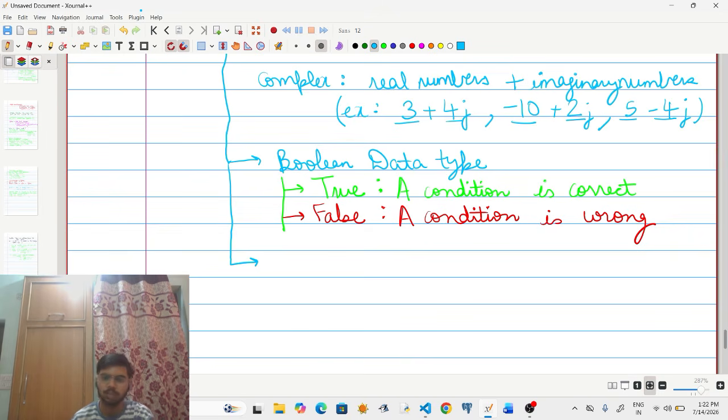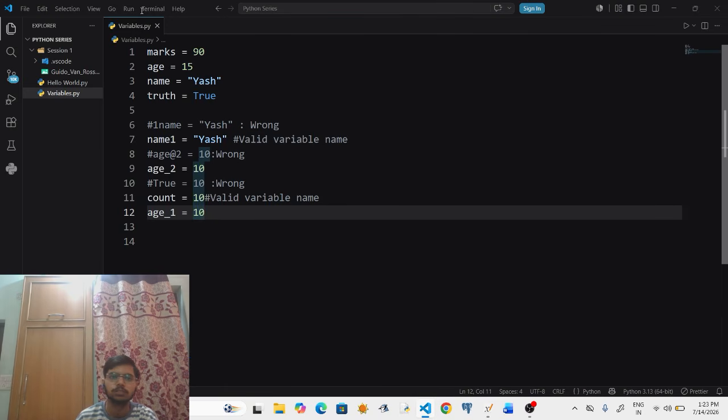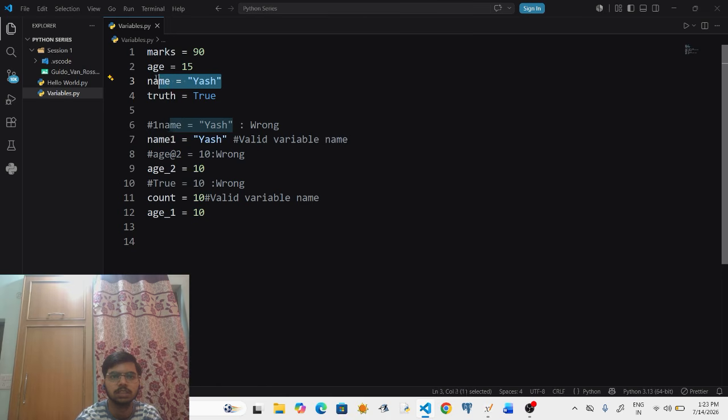So, moving on, the next data type is string. So, what exactly is a string? See, I stored my name as Yash in a variable called name, in these inverted commas.